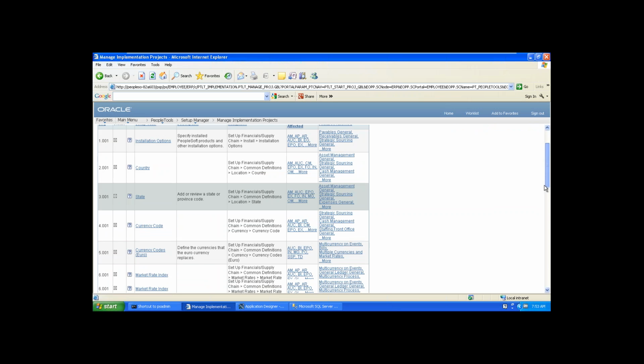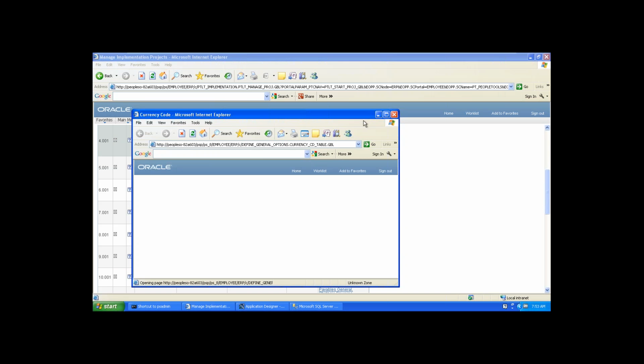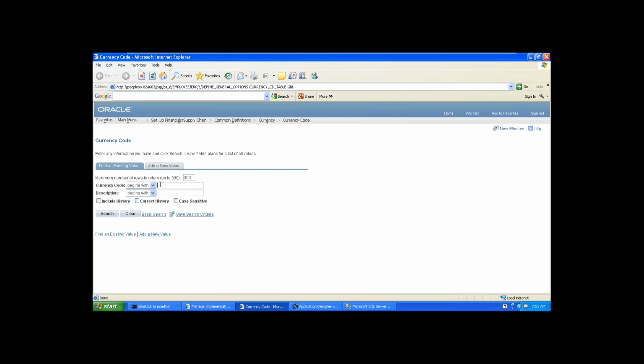And currency code. Similarly, currency code is also the same. You can define the currency codes for each and every country. For example, if a new country is formed, or else tell me one country, USA.